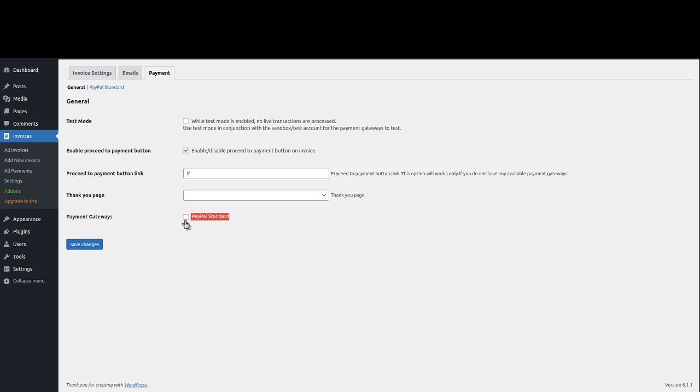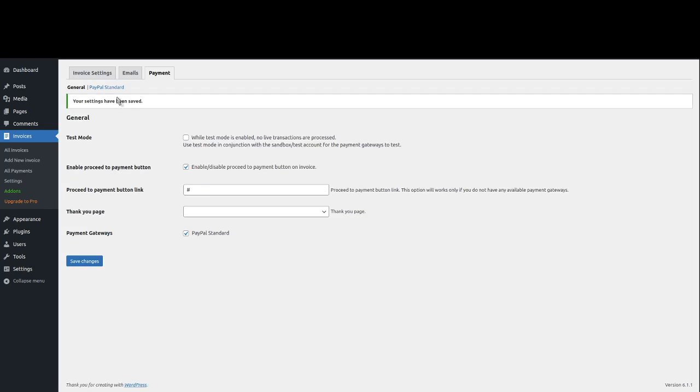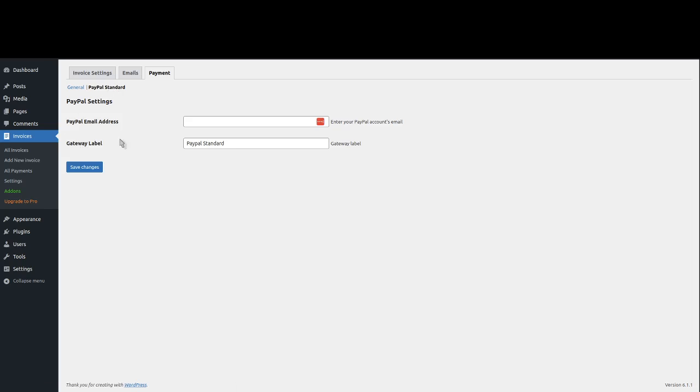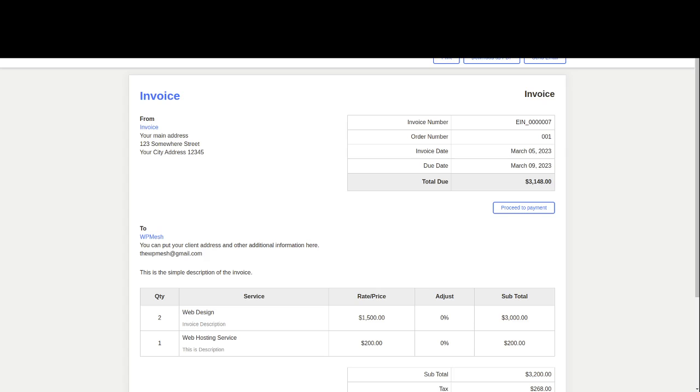For the payment gateway, I'm going to check this, and you can write your PayPal address here. So I am going to leave it blank. For now we are not going to make payment, so I'm just leaving it blank. And we can see the different